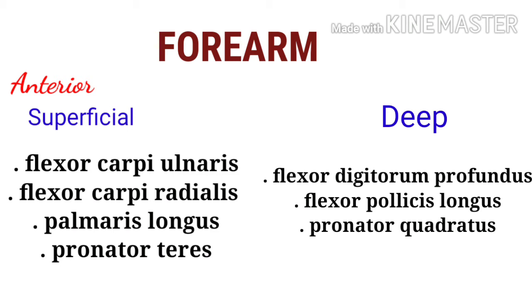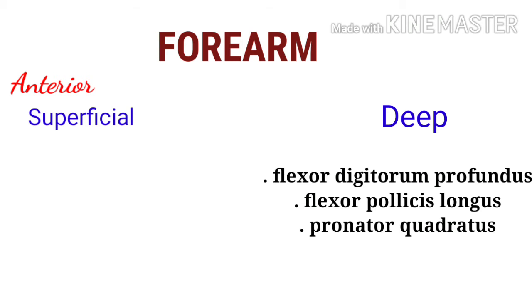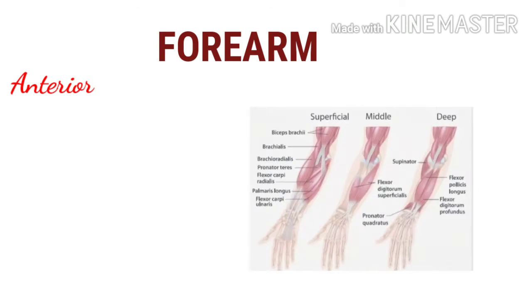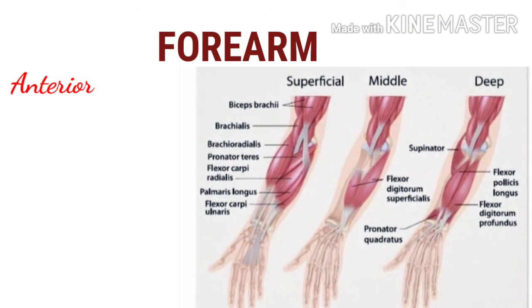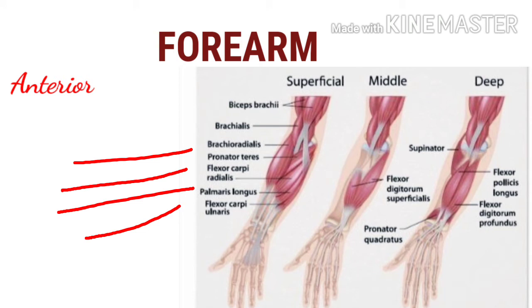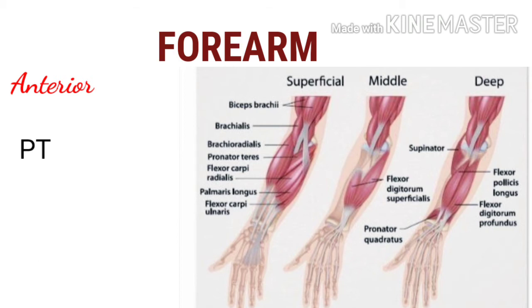One thing we have to know is that they all originate from a common tendon which arises from the medial epicondyle of the humerus. The flexor digitorum superficialis is the only muscle of the intermediate compartment. It can sometimes be classed as a superficial muscle, but in most individuals it lies between the deep and superficial muscle layers. Okay, so in the deep compartment of the anterior forearm there are 3 muscles: flexor digitorum profundus, flexor pollicis longus and pronator quadratus.